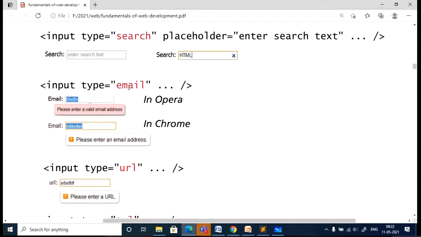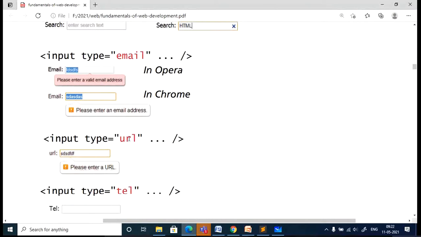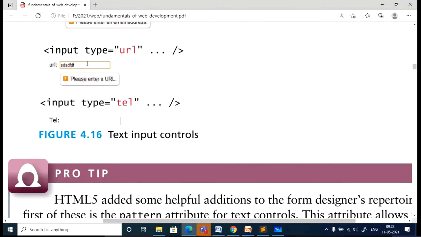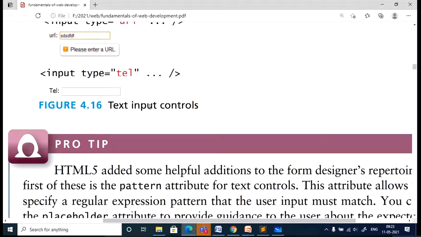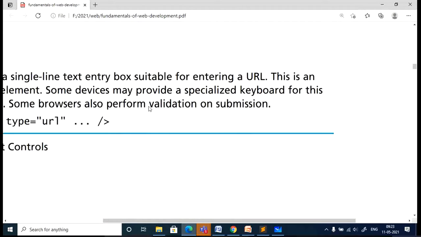Chrome also supports it: if you use input type email, it will automatically validate, and you do not need to write separate code. Similarly, for a URL you need to give a proper URL, and the validation is done automatically. Whenever you specify type URL, inbuilt validation is done. Similarly for telephone number. So these are the different input types.